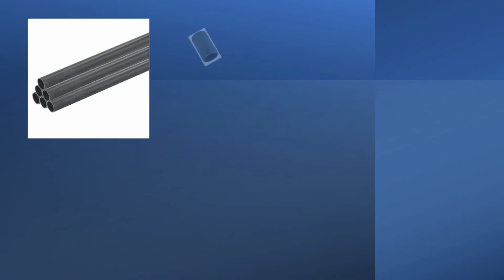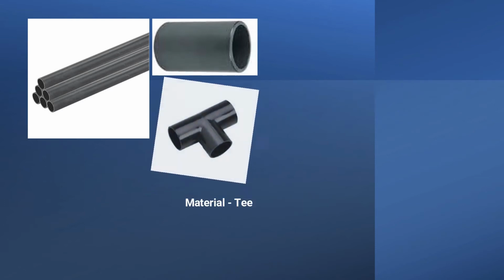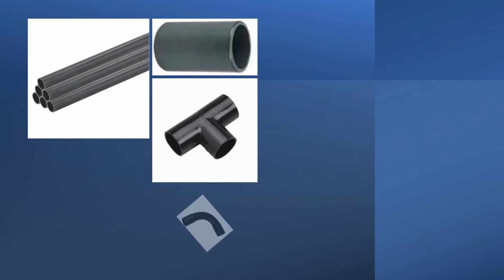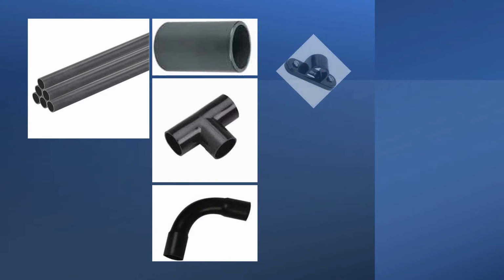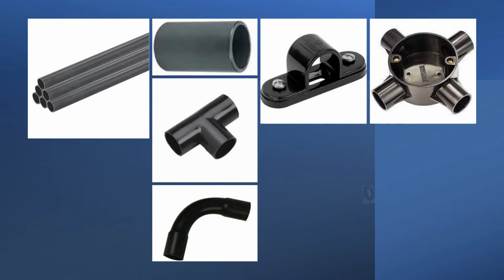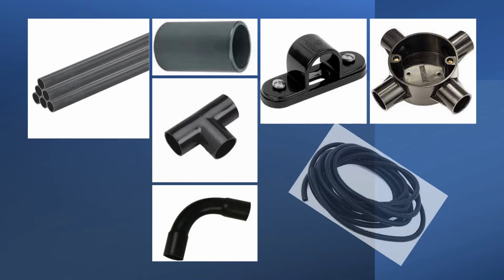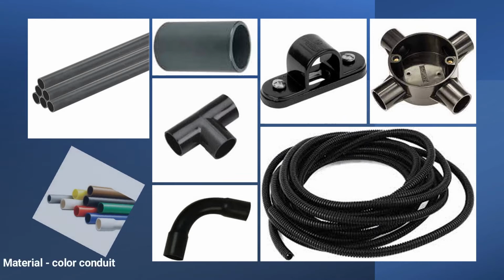Today we are going to see the materials which are used in electrical. First we are seeing conduits, couplers, T, elbow. Everyone should know about all the material, especially working in the construction industry. This is saddle. So this will be helpful for civil engineers, electrical engineers and MEP engineers, so that by knowing all the materials you are able to handle the material inward, stock etc.